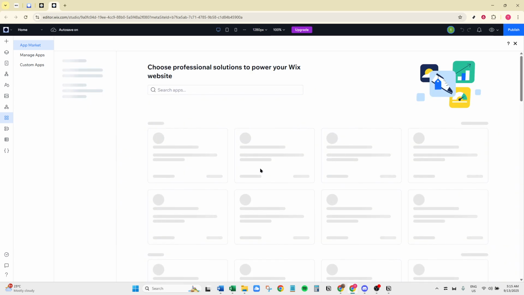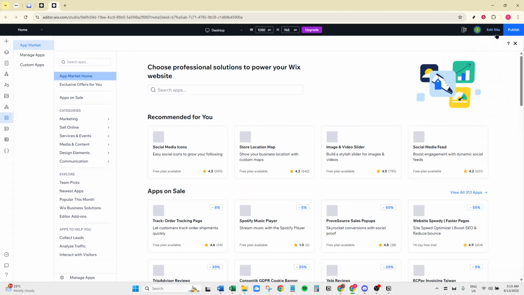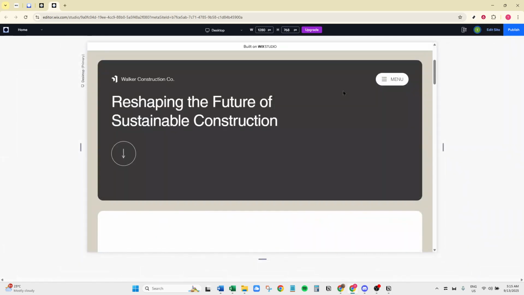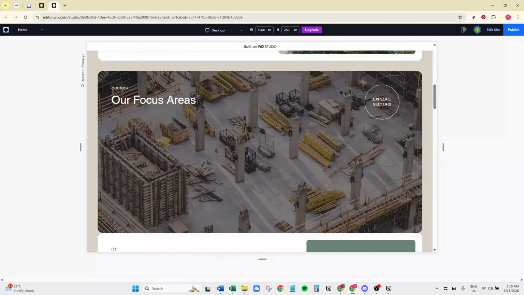Once you're happy with how everything looks, click on Preview to see your website in its live version. This is a crucial step to ensure everything is in order before taking your site live. Satisfied with what you see? Awesome! Now it's time to click that Publish button located at the top right corner of your screen.